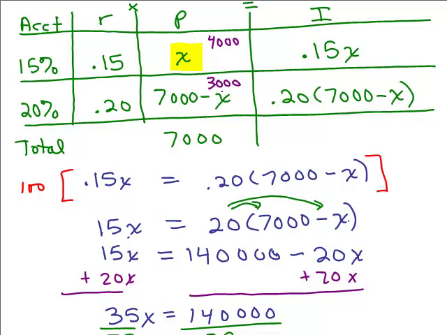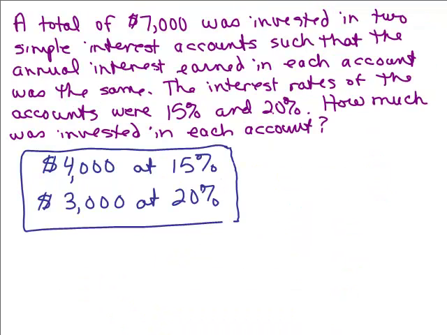Okay, so we definitely want to check it. We want to go back to the original problem and see if that makes sense. So we've got 4,000 at 15%, 3,000 at 20%. Here's the original problem, and we came up that it would be 4,000 at 15% and 3,000 at 20%. Definitely want to check your answer, so let's just check. If you put 4,000 at 15%, in a year you would have the rate times the principal, so you'd have 0.15 times 4,000. I think that's $600